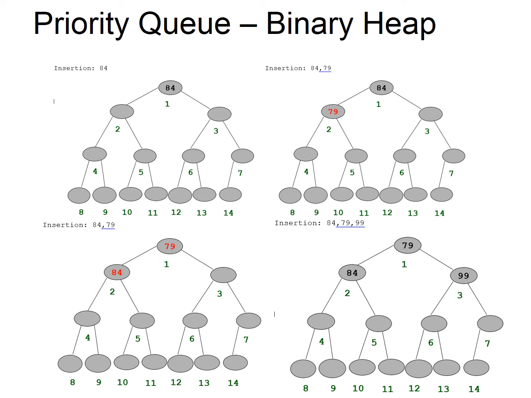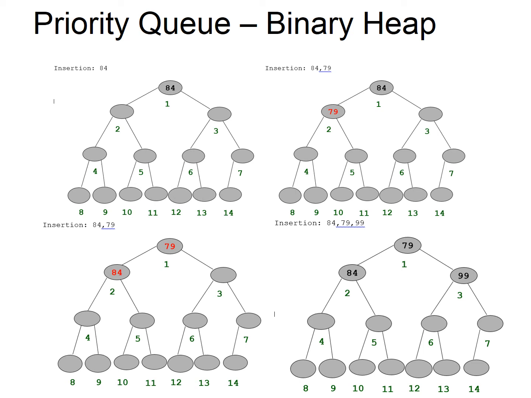Now when I try to insert 79, the next node will be created on the left side of 84, that is in the second node position. You can understand that the left child is created for 84, and 79 is inserted. Now the first structural property is satisfied. What is the second property? It is the heap property. For the heap property, the parent should be smaller than the child. So an exchange happens between the first node and the second node. 79 will become the root and 84 will become the left child.